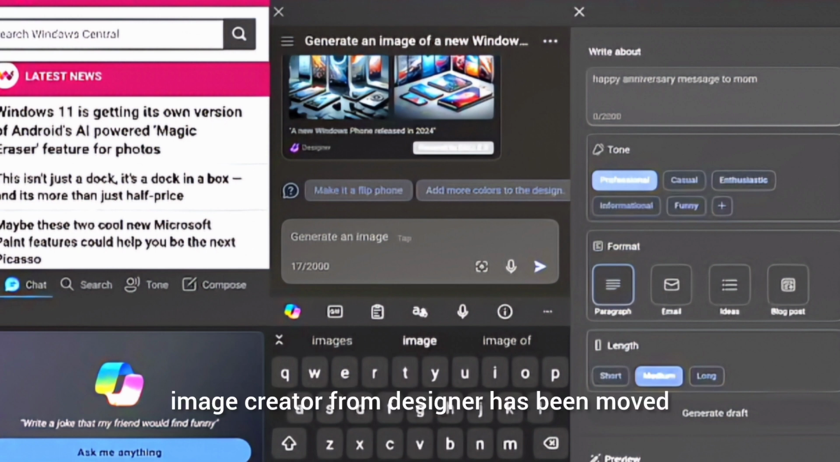As spotted by Windows Latest, the image creator from Designer has been moved to the emoji section of the keyboard. You can use it to generate